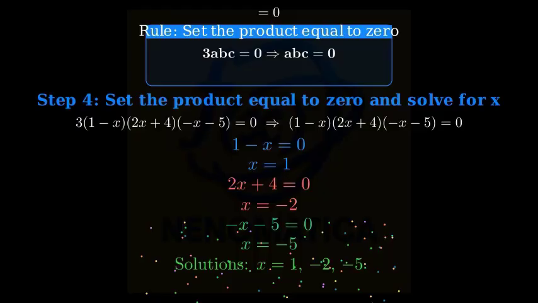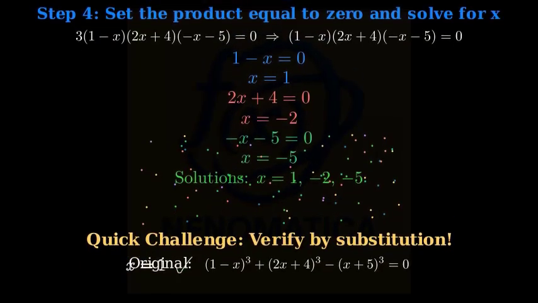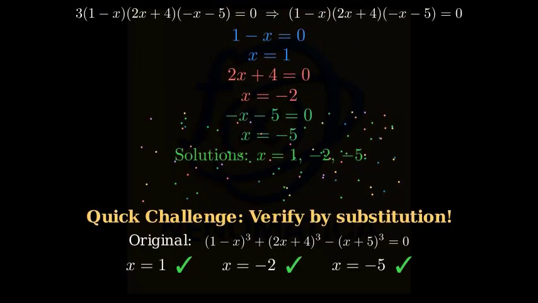Quick challenge. Can you verify each value in the original equation? Pause and substitute x equals 1, negative 2, and negative 5 back into the original expression to confirm it equals